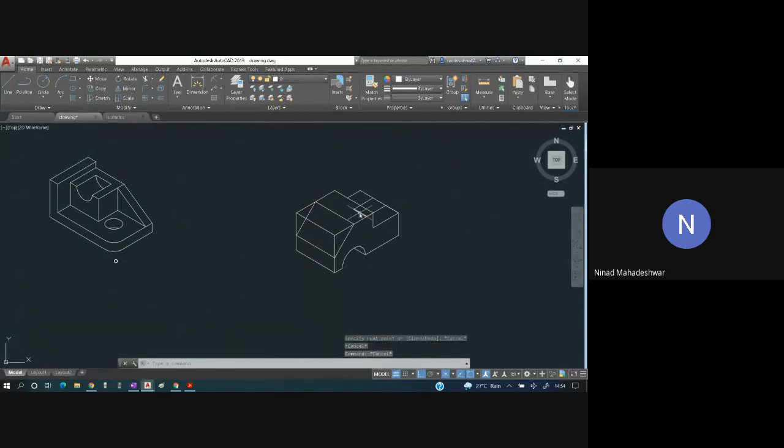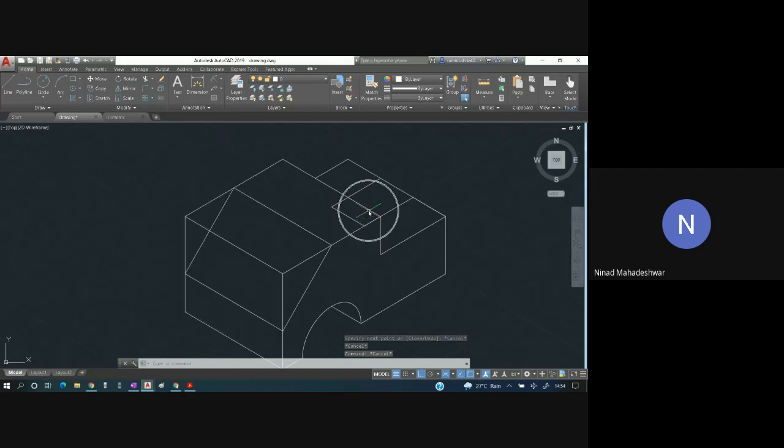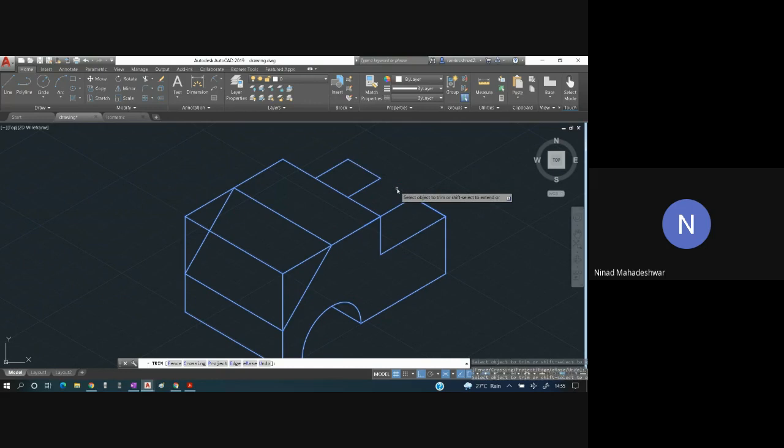But these two lines which are extra over here, these lines are extra that you have to trim. So control A, which is not part of it, it is a hidden part, so that you have to trim over here. So select this, I have trimmed this, done. Similarly, since it is a slot, this line will also go away.